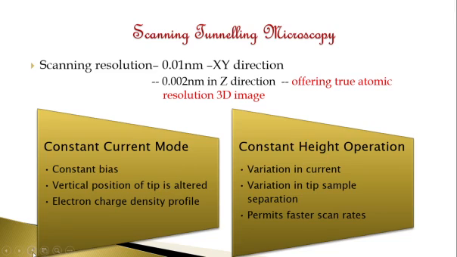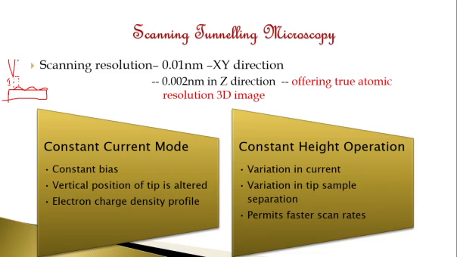So what do you mean by constant current mode? As it was discussed earlier, in the constant current mode, we have a sample over which the tip is scanned, and we need to ensure that always the constant current is maintained across the sample. The sample might have some top regions and trenches. So when the tip reaches over here, it moves over here and reaches here. Now the tip is actually closer to the surface.